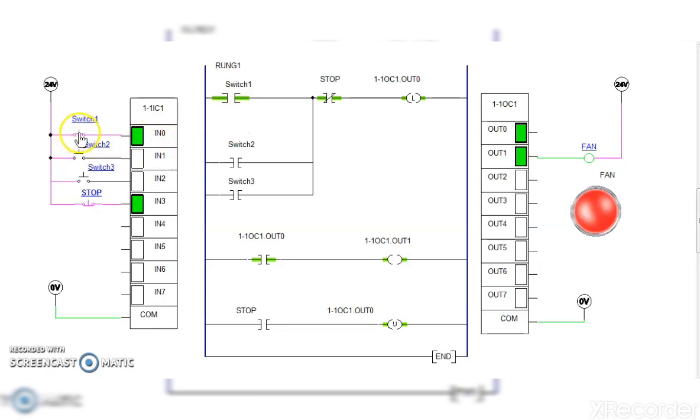When switch 1 is closed, out 0 is energized. Here the latch coil is there, because of that the fan is getting started. Now, if such switches are there, it will directly stop the fan.